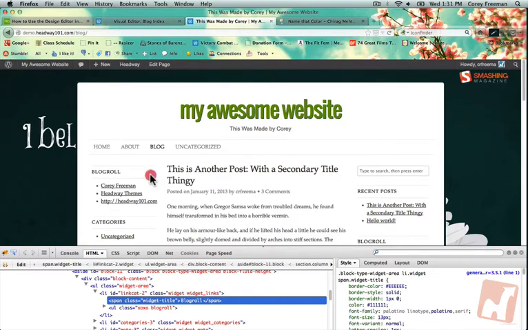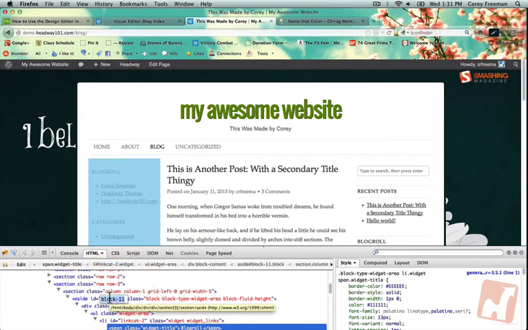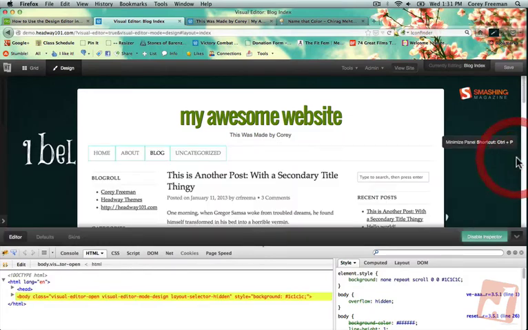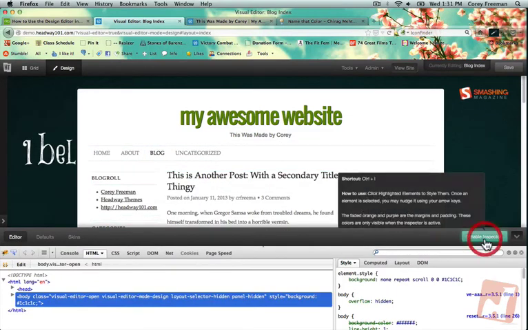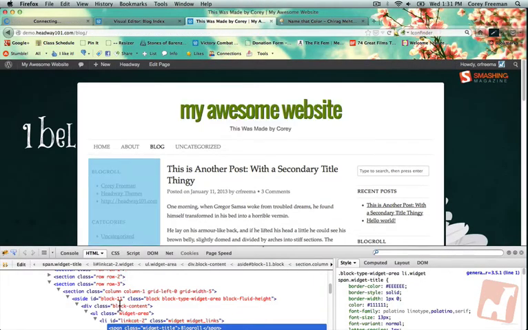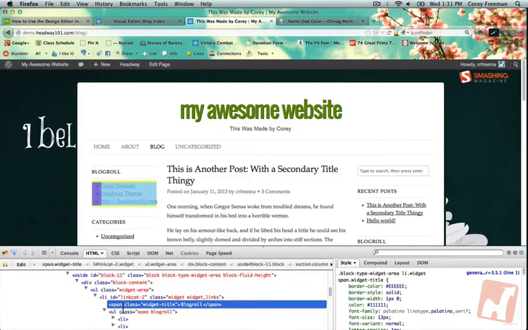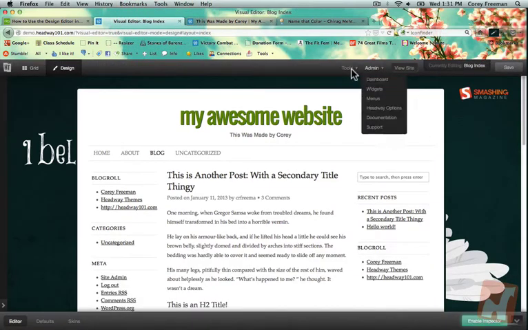But with Firebug, what I do is I right click, and you can actually do 2 things. You can use the block ID, meaning each block comes with its own individual ID number. In this case, if you disable the inspector and you roll over a block, you can see it. In this case, this widget is number 11 and this one's number 9. But also, widget areas and widgets all have their own little classes, in case you want to style the actual widgets individually. But to answer Computer King's question,